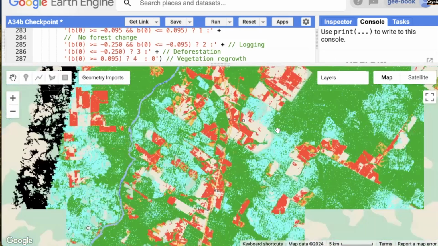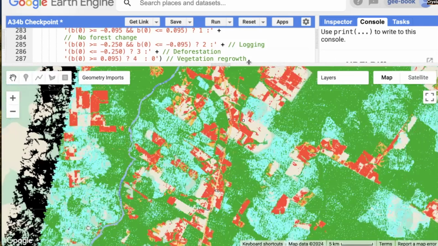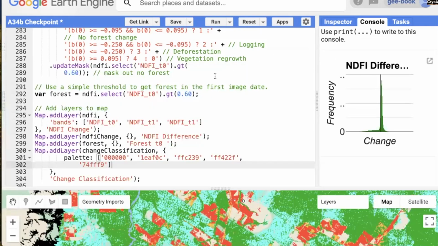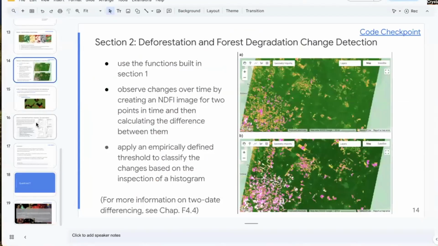Okay, so feel free to explore that more, but that is a difference between 2 points in time. And then we'll move on to the next section,